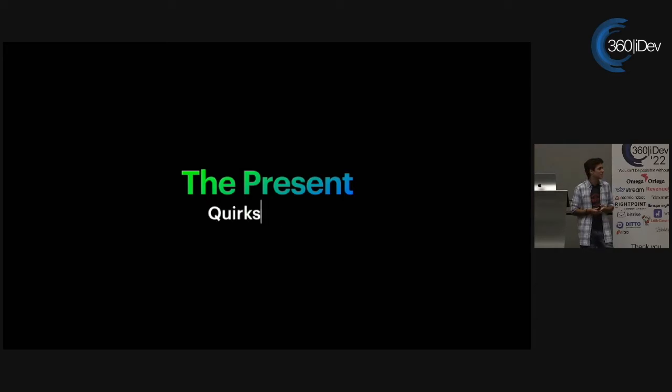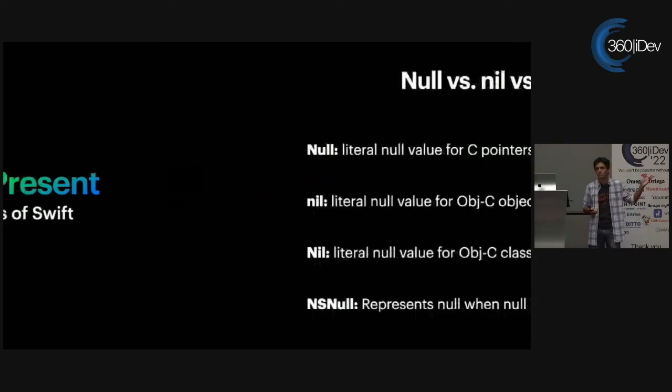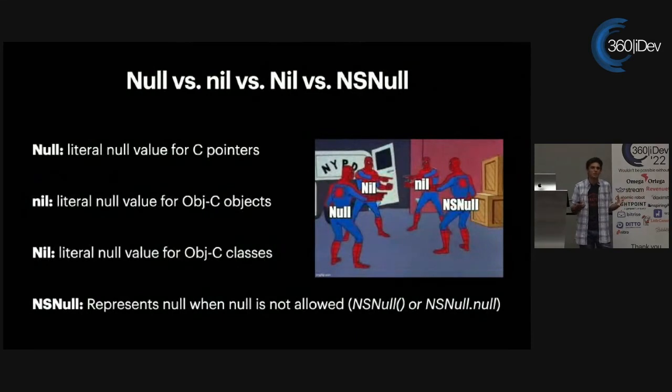And here, we're going to start looking at the quirks of Swift. Now, Swift is a little bit different from many languages in good ways and bad ways. However, one of the less than awesome ways is that we have such a rich history behind it that it often leads to redundancies. So as you can see here, we have 4 different null types. All of them are nothing, and they're all just different flavors of nothing, if you will.